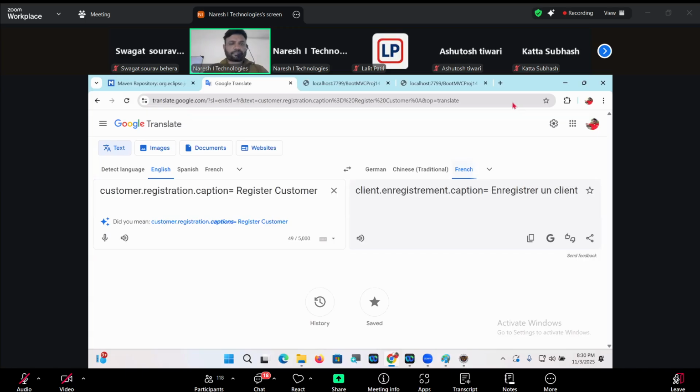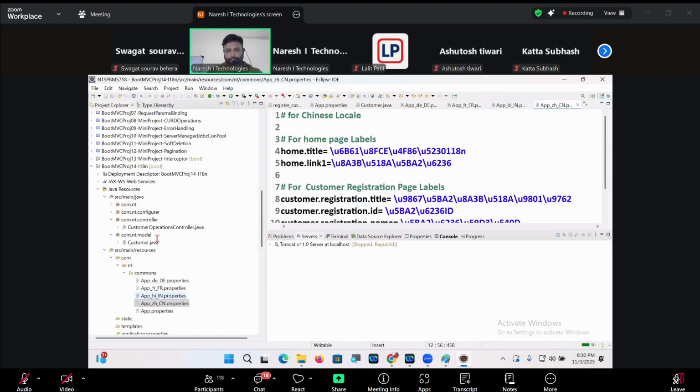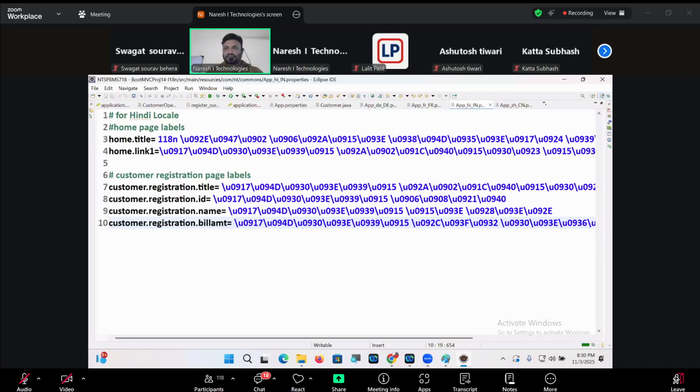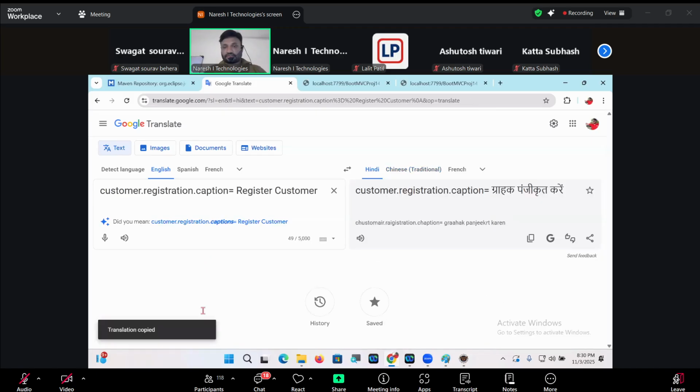Next, Hindi. Grahak Panjikrut Kare, registration.